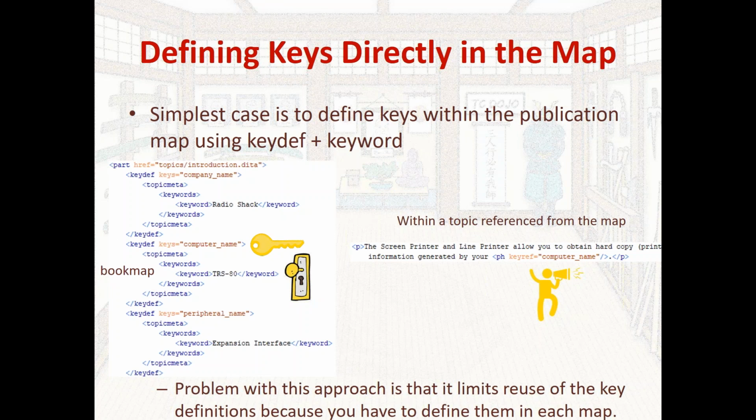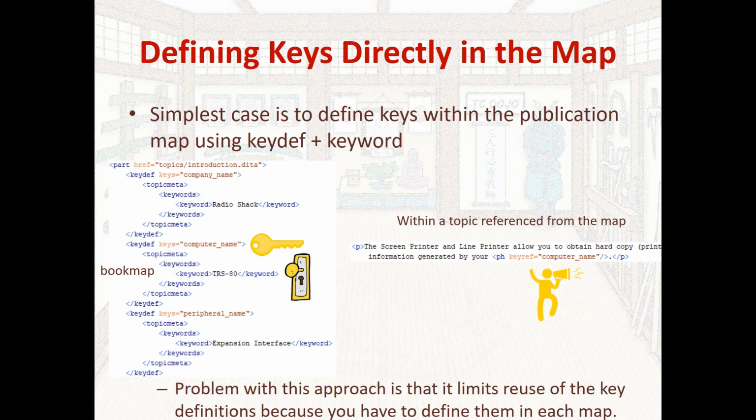Now, this works, and this is a common way of doing things, and this is the most basic common level of abstraction you can do with keys. But the problem with this approach is that it limits reuse of the map definitions, because you have to define them in the map. So they're always there in the map, and you always have to have those rather long and unwieldy sections of map within all the other maps where you would want to share